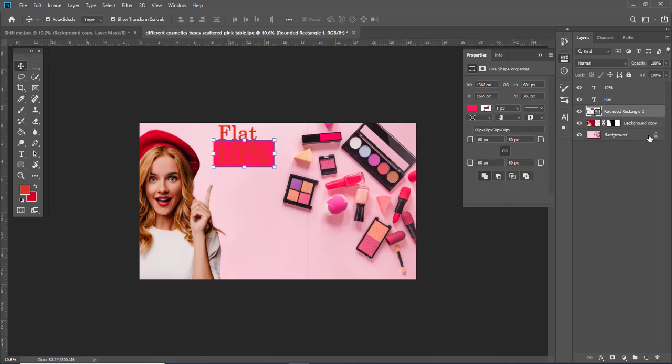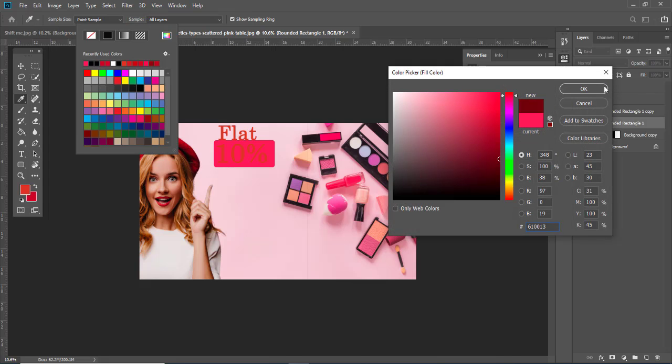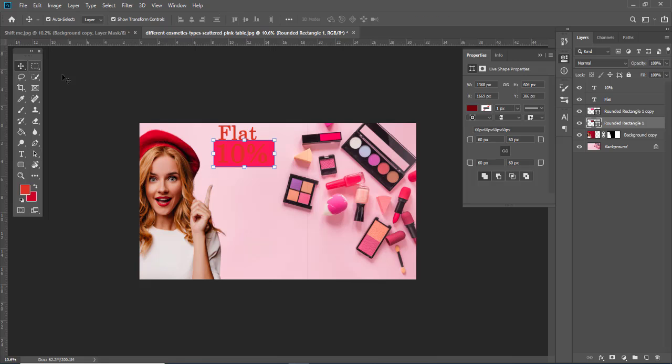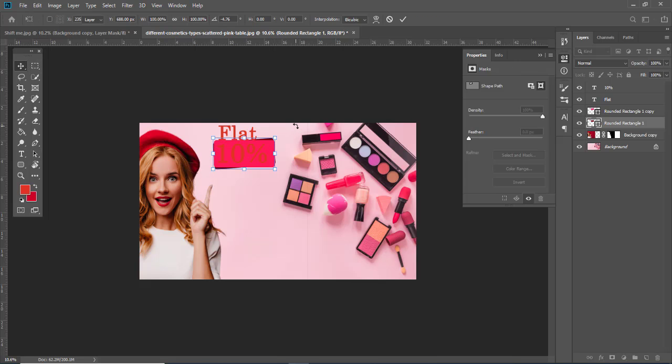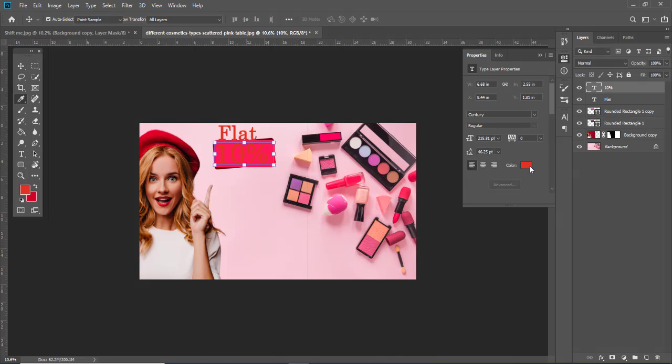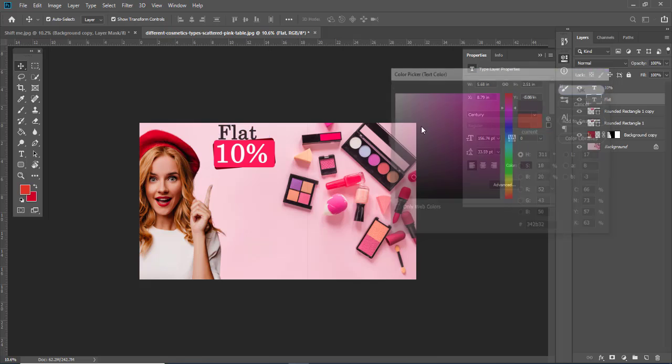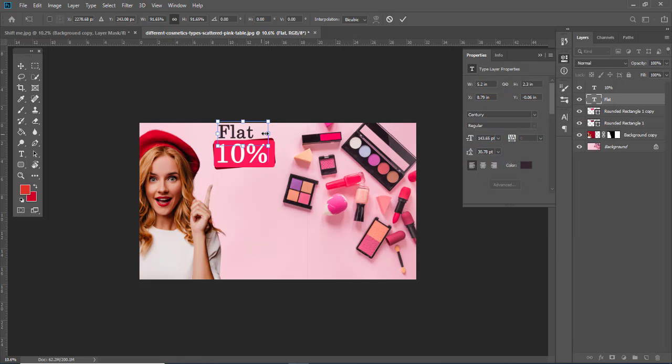So I have selected this. Control J again. I will select a backdrop here, tilt it a bit just to get a note. Here I will highlight this with this, and we have a black here. We can utilize this color too. So here we have black 10% off.